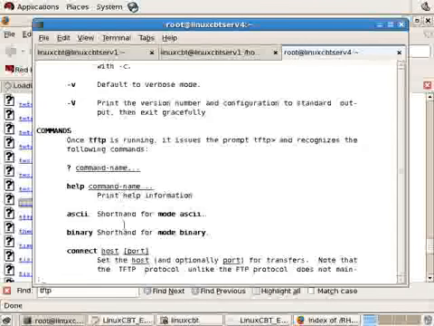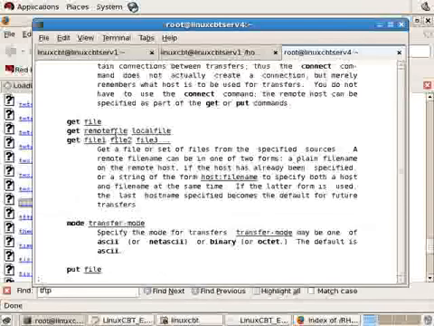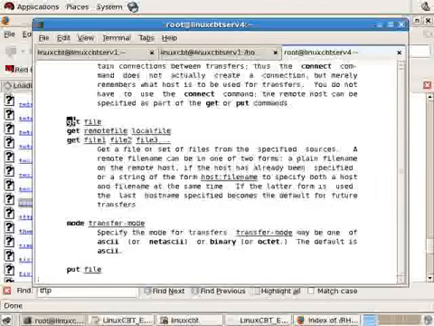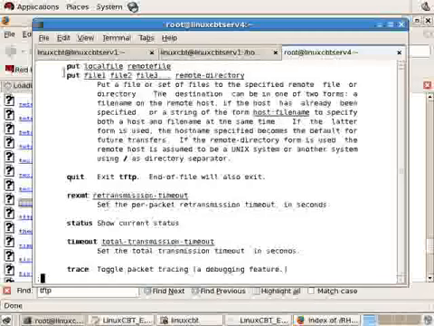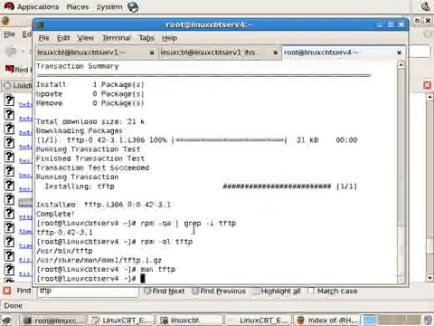Again, it can be used to transfer files like FTP in either ASCII or binary modes, and you can connect to a host using a given port other than the standard TFTP port, and the commands would include gets and puts. For example, get a given file or get multiple files, put a file or put multiple files. So the usage is really simple, and we have the package installed, but we're more interested right now in